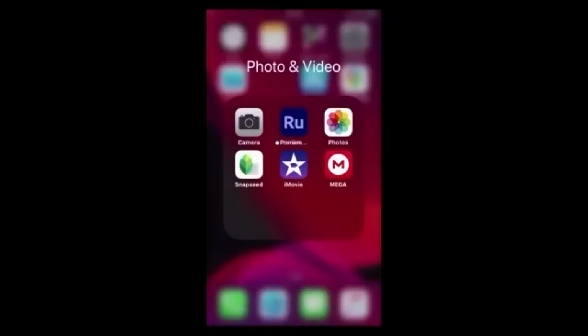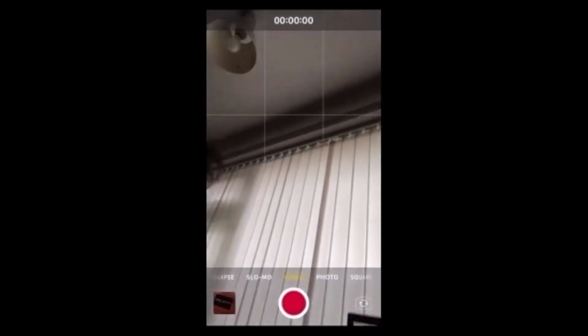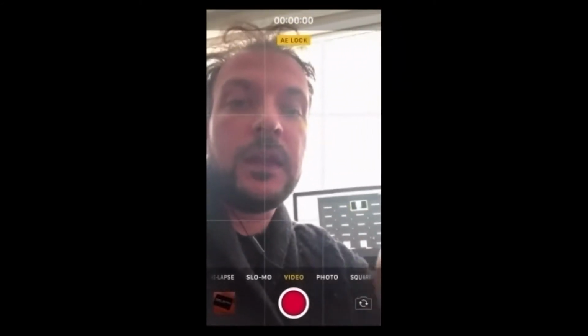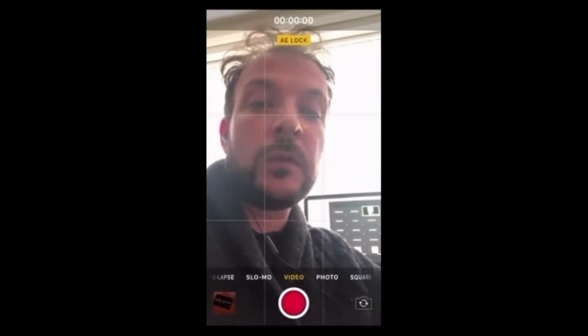The next thing to consider is backlighting. So I'll try and demonstrate that now. Again, sorry for scaring anyone by switching to the camera selfie mode. Right, so if we go to video. So at the moment, hold on, I need to untether myself. Just put it on charge, there we go. So at the moment, I'm backlit, and if I press and hold on my face, you can see behind me, it's all a bit whited out, and it doesn't look very good.